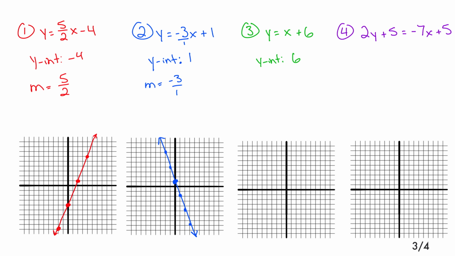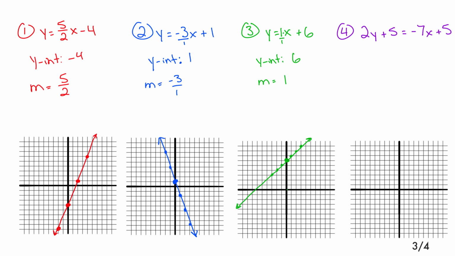The number that is actually in front of the x, the slope in this case, is going to be a 1. This is 1 times x, which again is 1 over 1 if you want to write it as a fraction. And now we have enough information to graph this. My y-intercept is 6. 1, 2, 3, 4, 5, 6 is right here. And my slope is positive 1 over positive 1. So we're going to go up 1, right 1, up 1, right 1, up 1, right 1. Could also go down 1, left 1, down 1, left 1, down 1, left 1. And this is the linear function